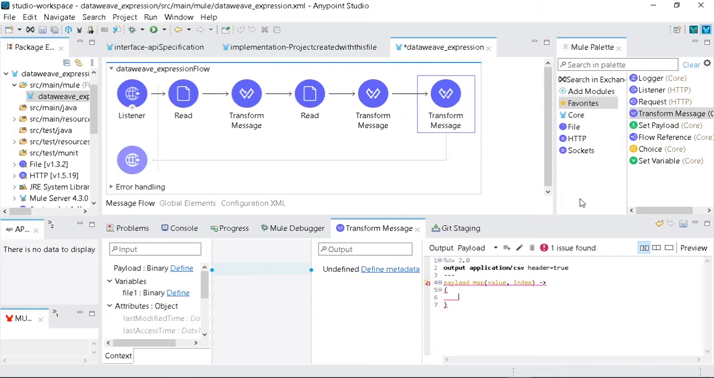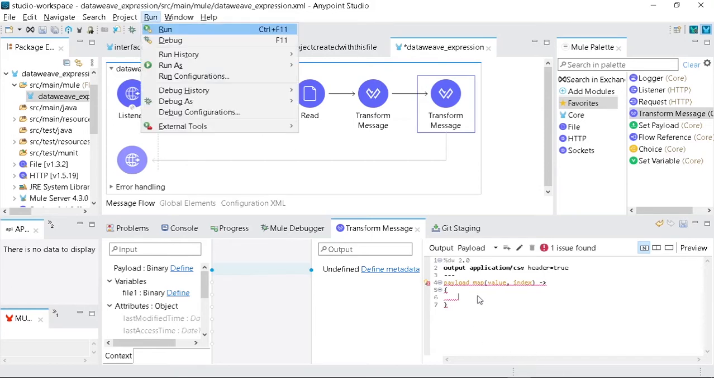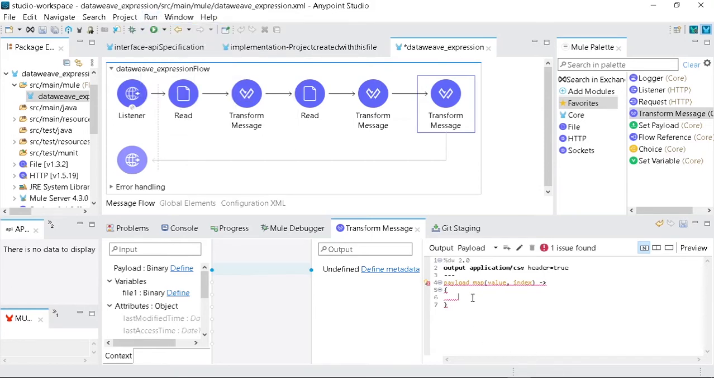Then I will write the column names which I want to get inside the outcome. Means we want to get the output file. We want some columns, so we will have to write those column names. So first I'm writing email. Okay, then we will require phone,